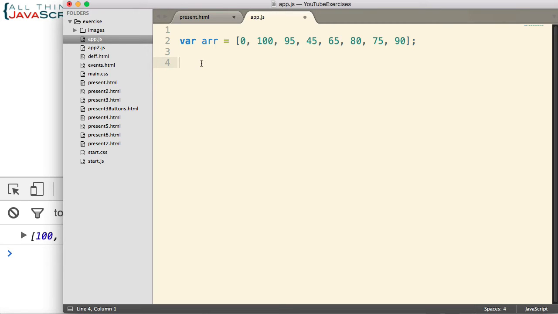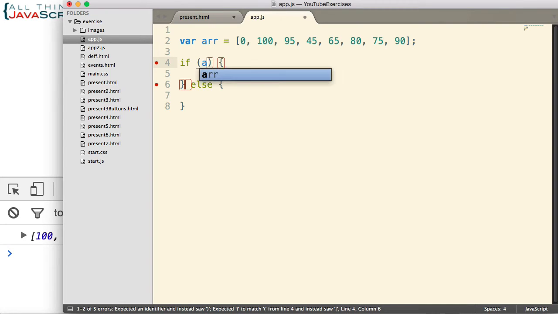So let's look at how we might use this with the same array of scores. Because every is a predicate function, I'm going to embed it inside an if statement. So I want to check if something is happening. Then I'm going to log something to the console. Else, I will log something different. All right. And what I want to check is to see if everybody that took the quiz got over 80. So the way I would do that is